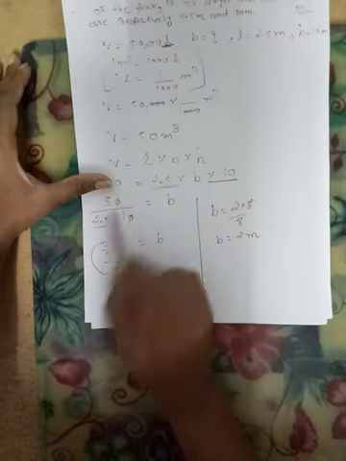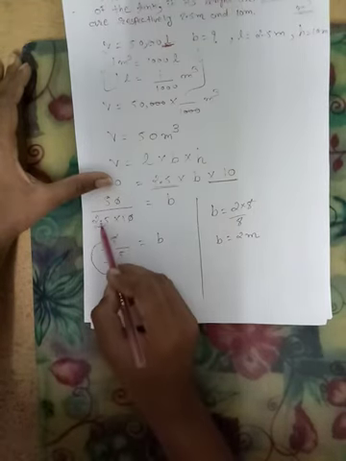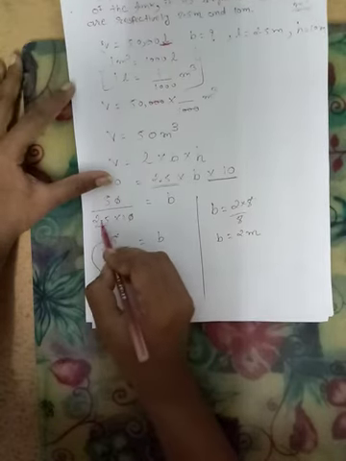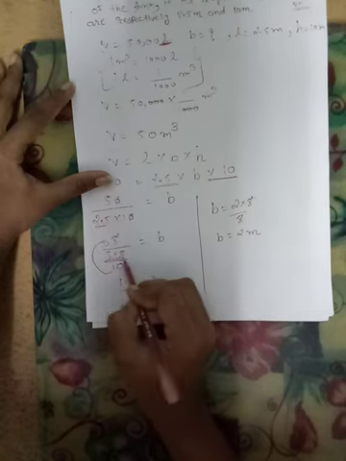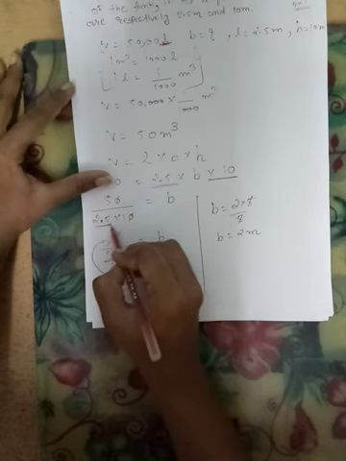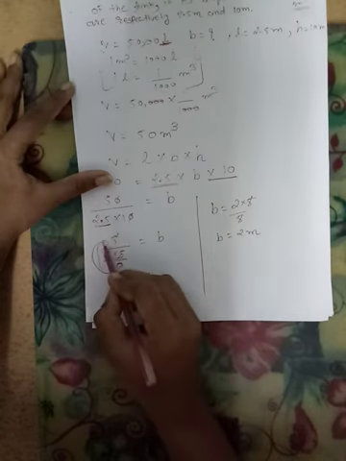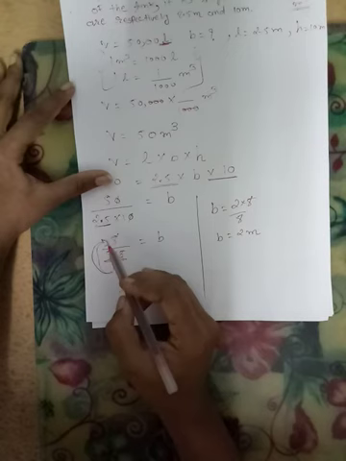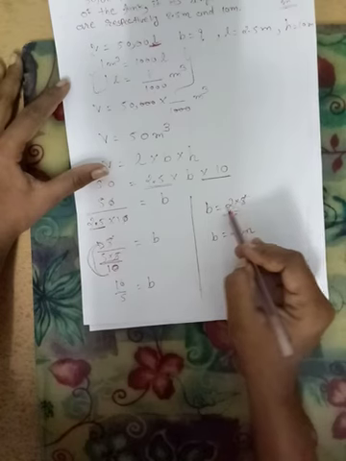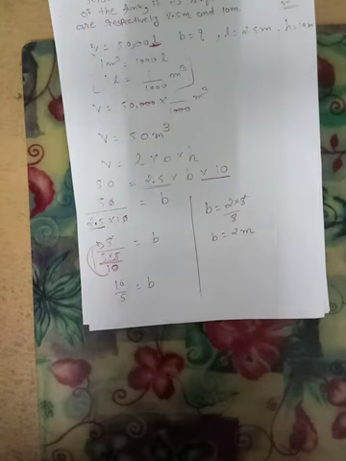Again, the 0 0 cancels out. 25 means 5 5s are 25. You have to remove this point, so write down divided by 10. Why? Because there is 1 place after the point, that means divided by 10. So 5 cancels out and the number 10 is written in the numerator. So 10 upon 5, that means 2 5s are 10. So 5 cancels out. So the answer is 2. So B is equal to 2 meter.